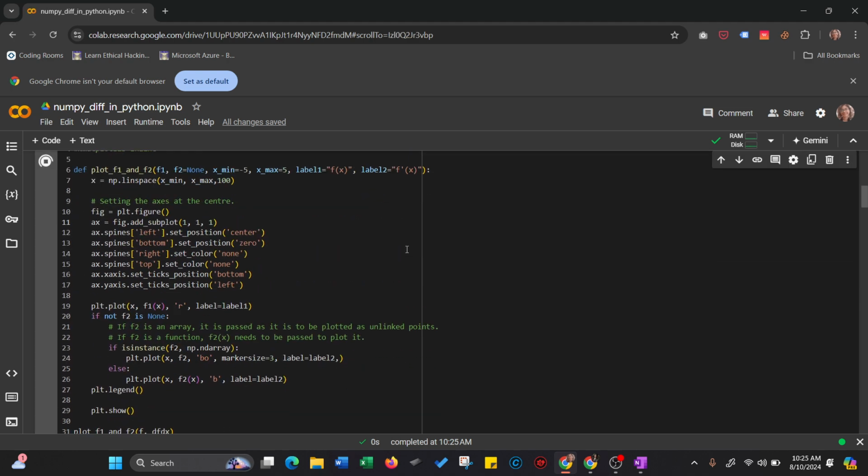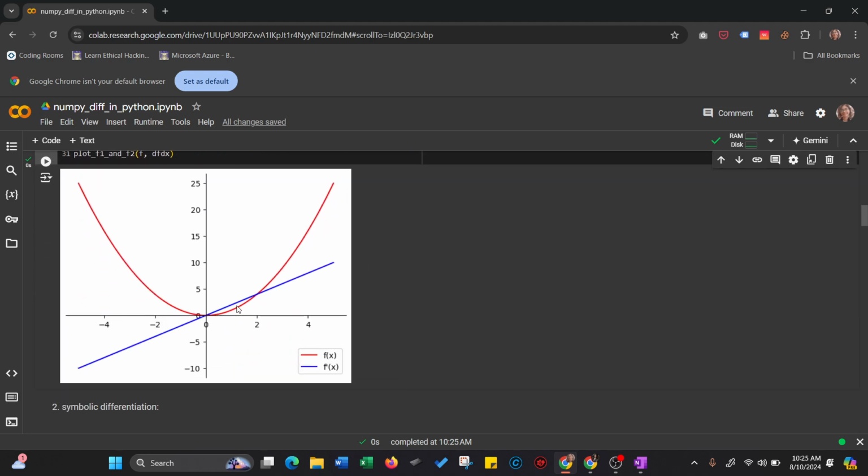Okay, so at last this is giving us the y-axis and the x-axis and the blue line and the red line. So basically the blue line is indicating the derivative's line, and the red line is our function. Okay, so basically, if I sum up,